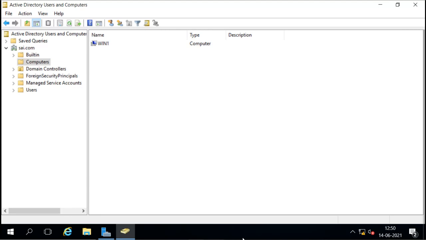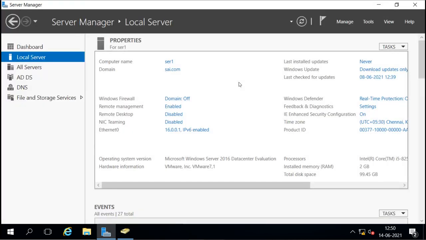Now, Windows 10 is a client operating system. So we can make these Windows 10 computers, these clients, members of the domain. Same as we can make other server machines also. That means if we install another server operating system, like this server operating system, and create one more server, we can try to make that machine a member of the domain.